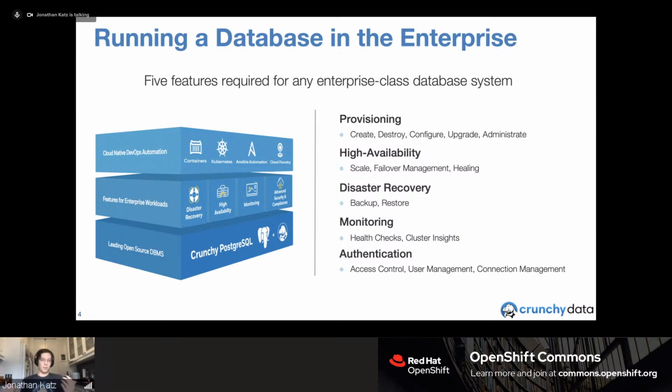For instance, let's say I drop the users table. That's going to cause a very bad day. So we need to be able to restore the database back to the point where the users table existed.